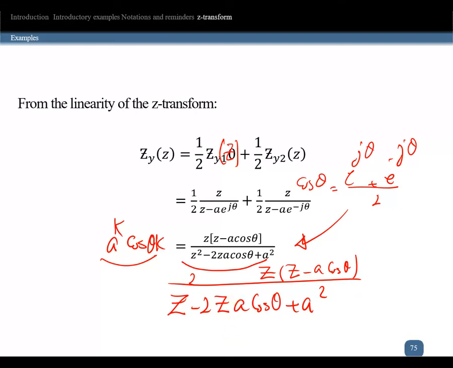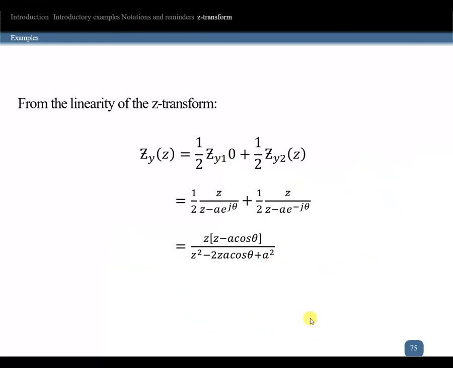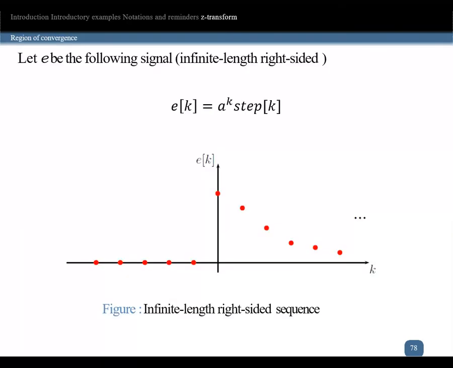The sine will be similar, the same thing, only you should see the denominator will change. The denominator will be exactly the same as the denominator for the cosine theta. Okay. Now we go and talk a little about the region